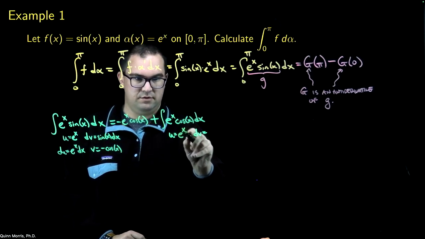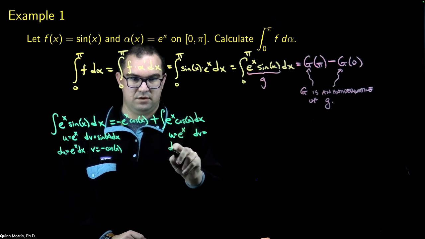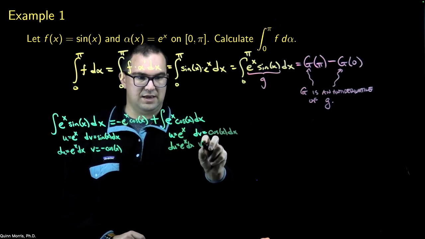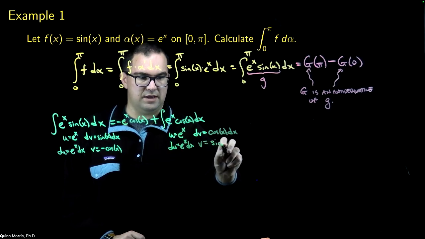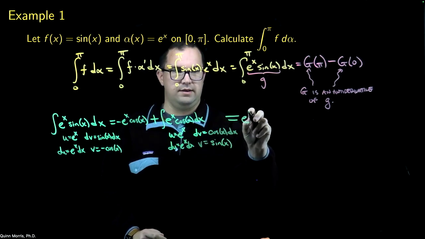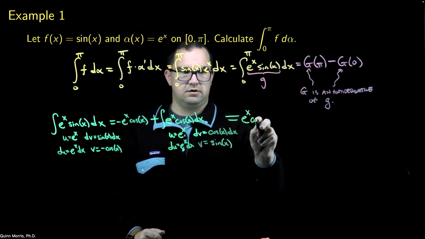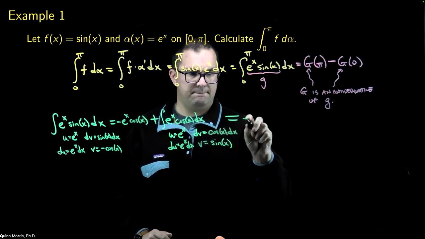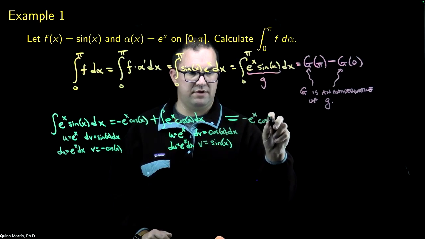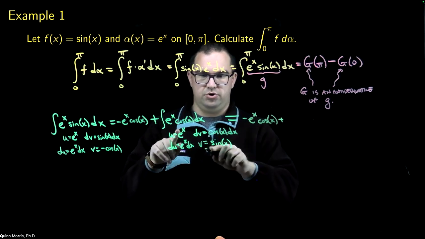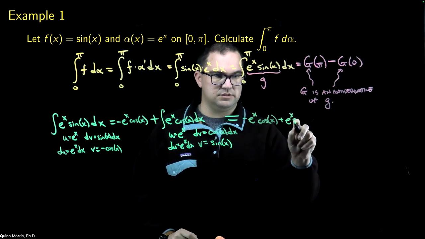So this will still be e to the x. My du will be e to the x dx. My dv will be cosine of x dx, and its antiderivative will just be sine of x. All right. Now this first term here is just coming along for the ride. It's minus e to the x cosine of x. And now I get that this integral is equal to u times v, so e to the x sine of x,